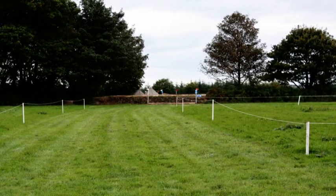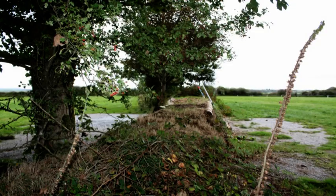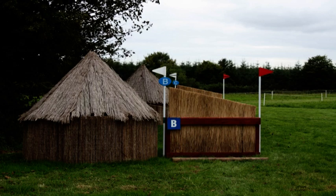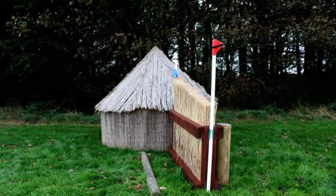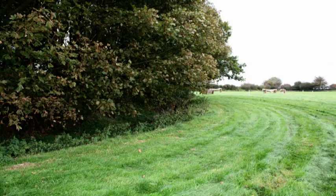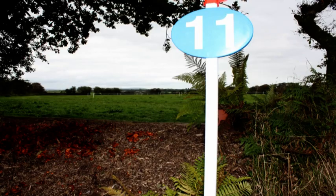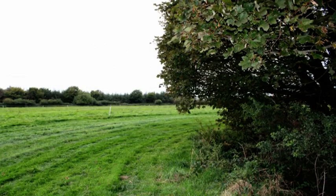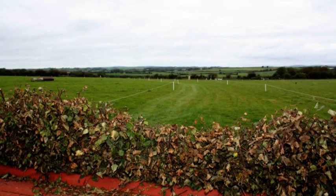This is another question over a flybank on 2 strides to a double on 2 strides to C to another 2 strides. This will have to be treated with a little bit of respect, but a good galloping fence. On then to the flybank number 11, it's a let up fence. Good gallop on down to 12, another let up fence, nice hedge line, good decent big fence,